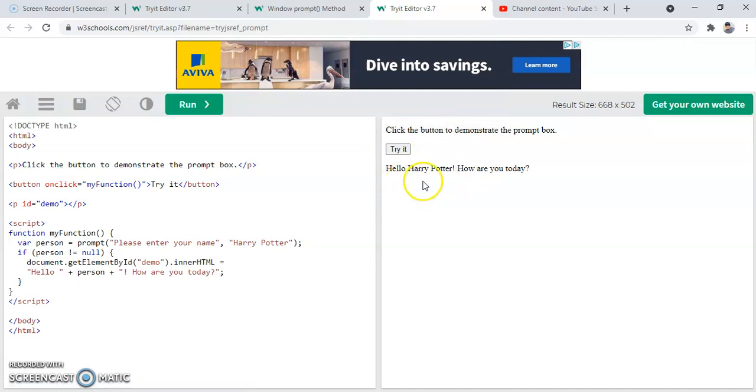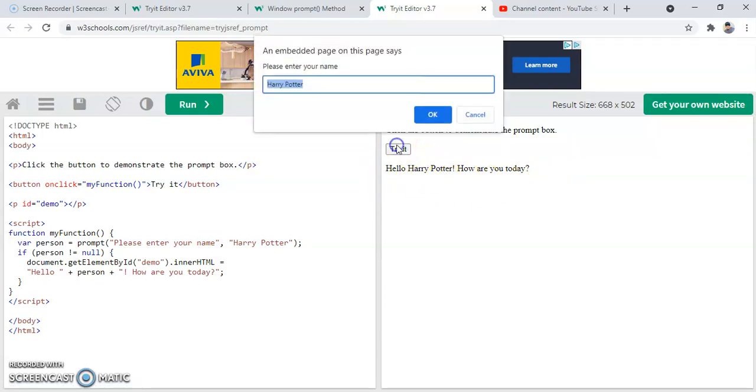So, hello Harry Potter, how are you today, right? I can enter anything here. I can just remove this pre-filled value and enter anything on my own. So let's see how we can handle this.